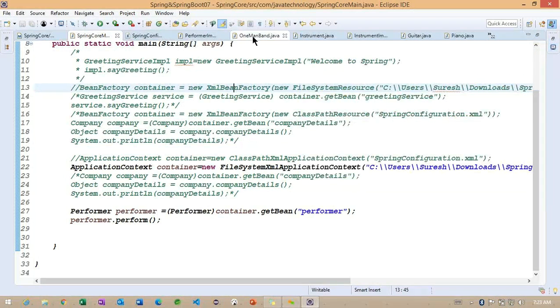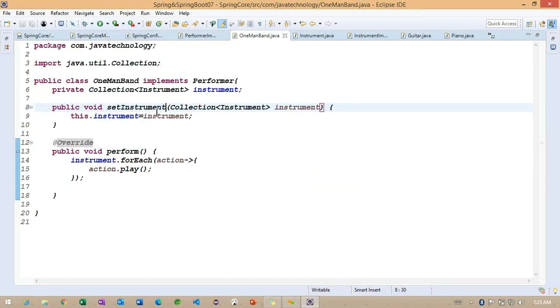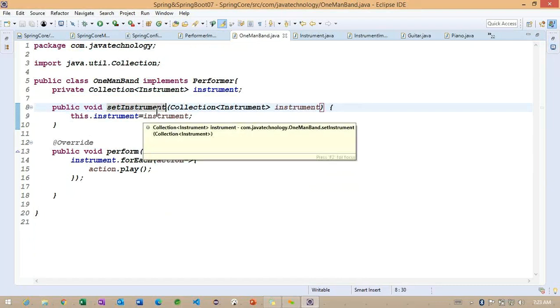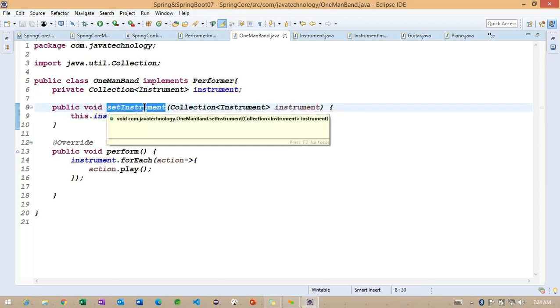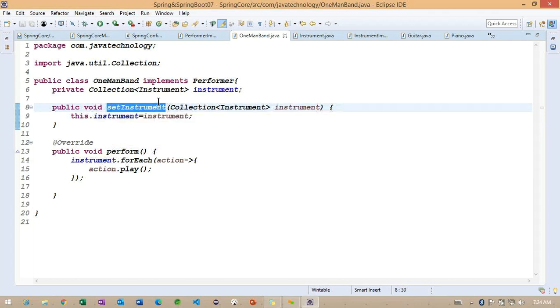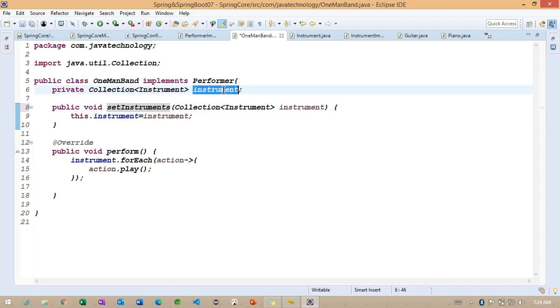But basically that is what I'm trying to explain here. Here we provided a setInstruments method. Because of this, the variable also we need to work on the same way. Whatever the variable and the method, they should match. So for this particular instrument, the method we provided was instrument, and we are working on the variable called instrument here.